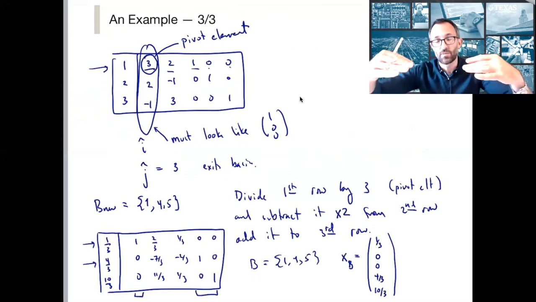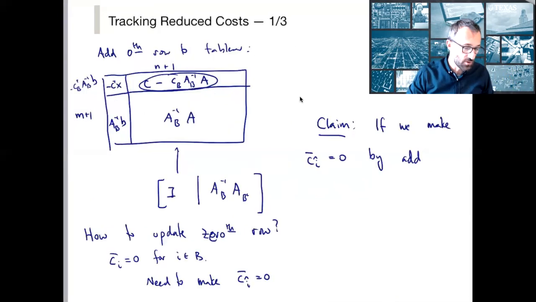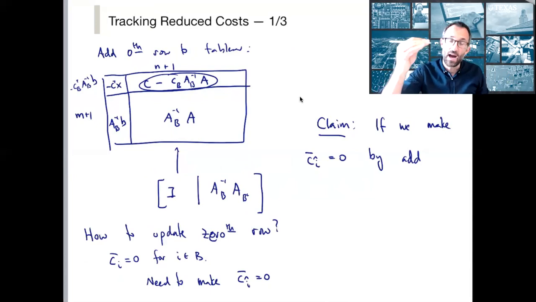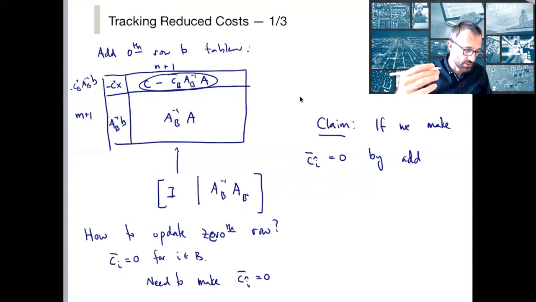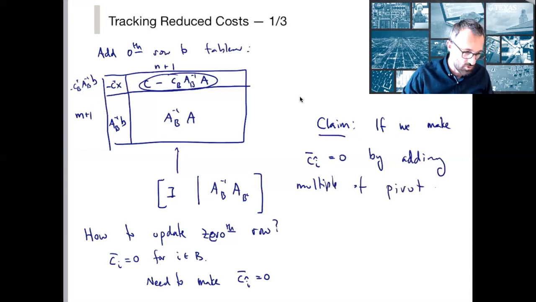We're going to add or subtract that to the 0th row in order to make the i-th element of the 0th row equal to 0. So if we make C_i hat equal to 0 by adding a multiple of the pivot row, then the 0th row becomes